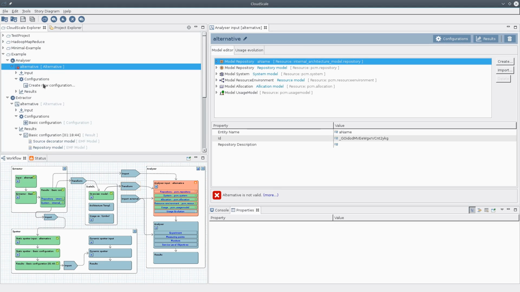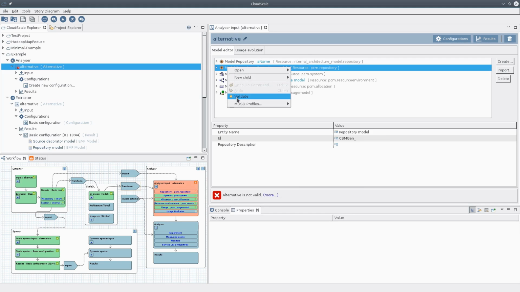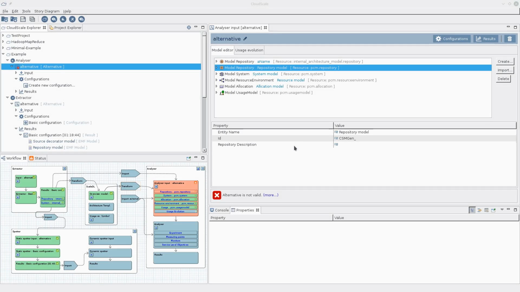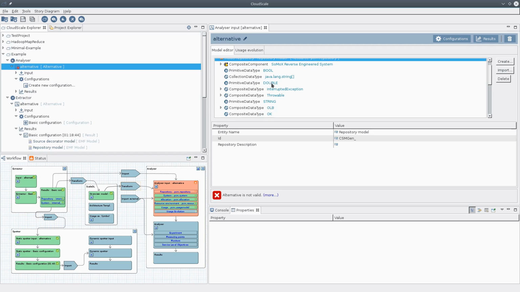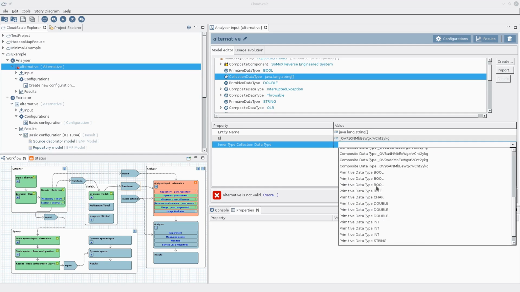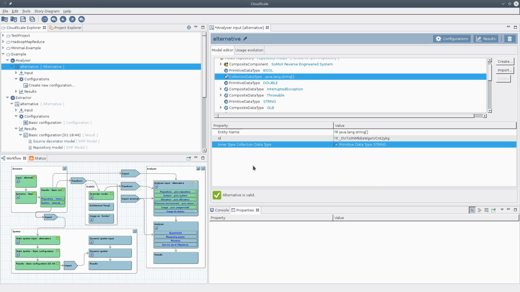But before we can proceed, we have some problem with the repository model, as we can see inside the workflow diagram here. So we can now validate our repository model, and we can see that our collection data type must be set. So let's expand the repository model, and here we can see that we must set the data type. Select string, and now we must save the alternative. These 2 arrows here indicate that the input alternative is in dirty state, so we have to save it. So now everything is valid, and we can proceed to the next step, which is